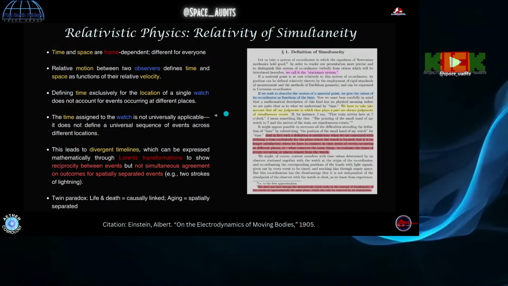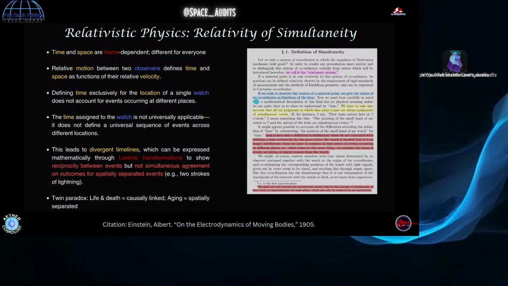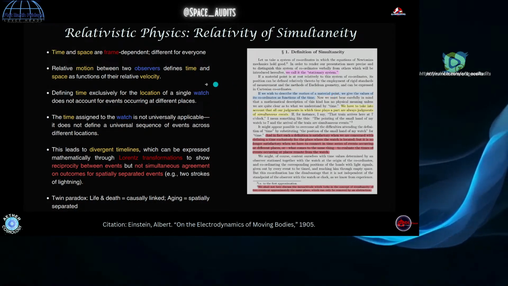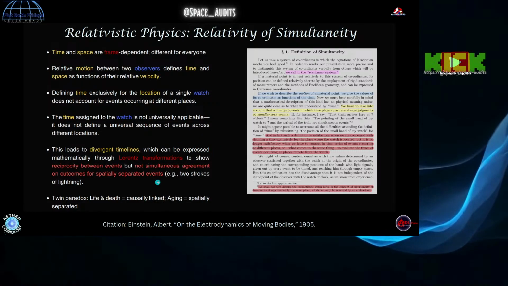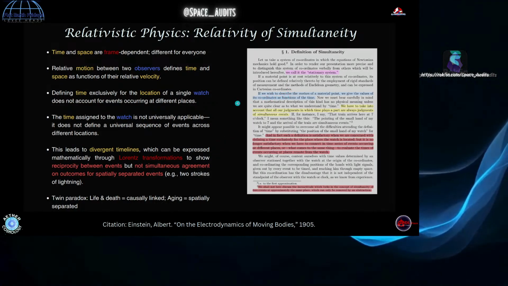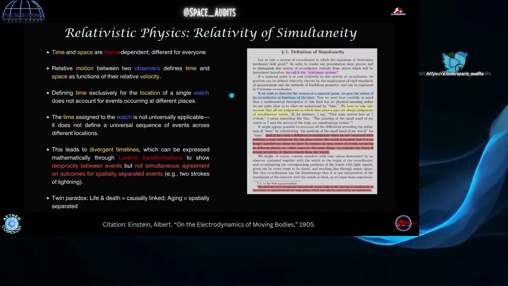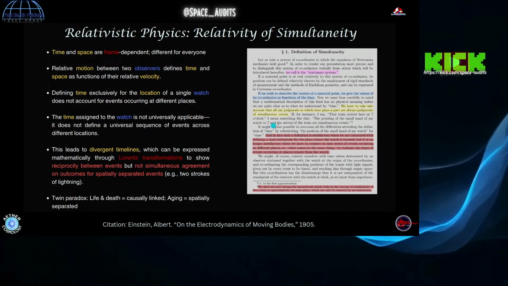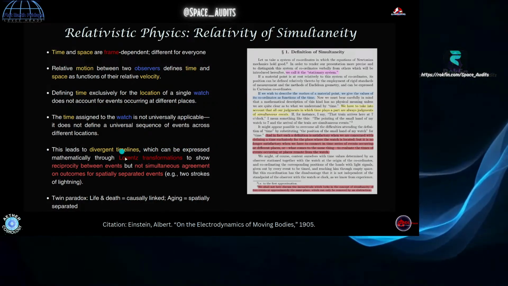So to reiterate, causally linked events like your birth and your life and then your death all have to go in order, because they're causally linked. But events that are not linked to you causally will be perceived differently, and the order that you perceive them in is physically valid. Otherwise, these equations don't mean anything. And for them to be physically valid, that's the only way that we could have reciprocity in the transformations.